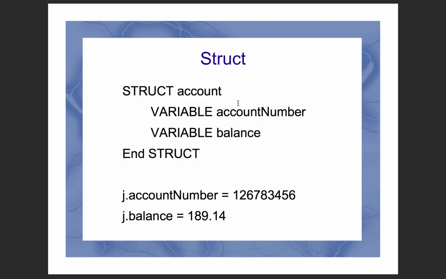If you want to assign some information to the account number, or if you want to assign some information to the balance, you can do it in that way, j dot account number. What is j? j is basically some variable of this type. So struct account is a type, so you can declare any variables using the account type. Then j will have a member called account number, and j will have